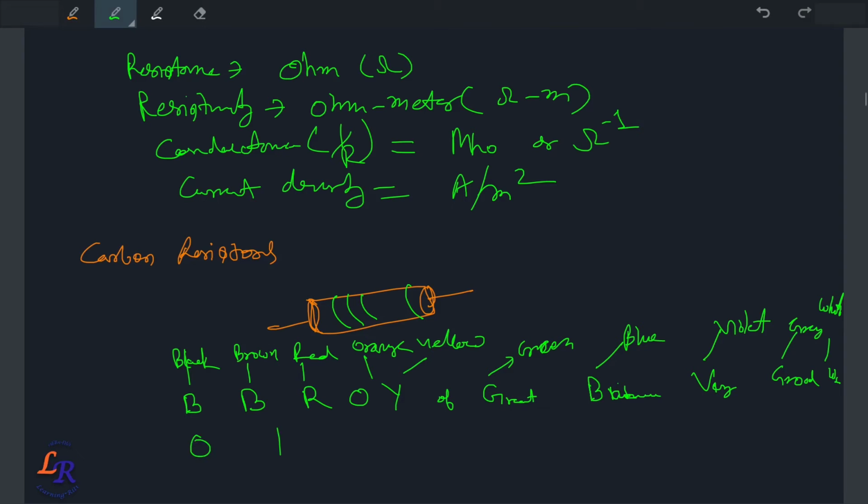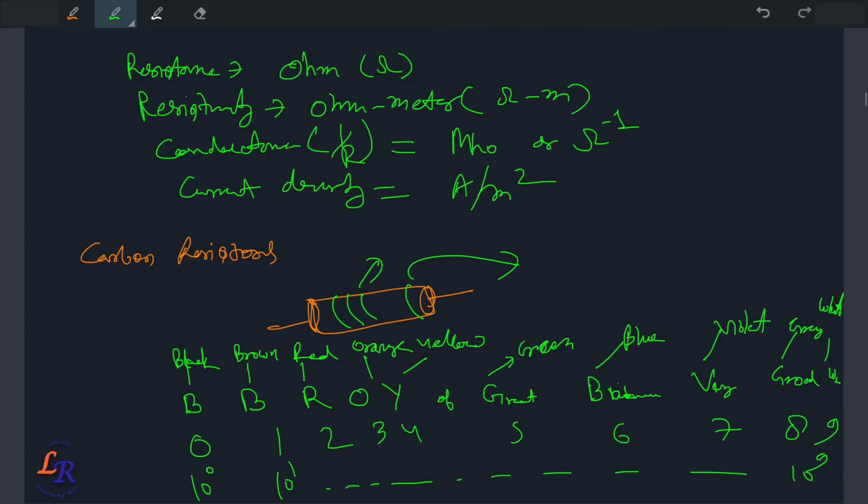And the numbering you can follow 0, 1, 2, 3, 4, 5, 6, 7, 8, 9, and for the case of the multiplier, it is 10 power 0, 10 power 1. Similarly, you can go up to 10 power 9, right? Also, we had this color, the tolerance color. If it is gold, then it was 5% tolerance. If it is silver, then it has 10% tolerance, and if it has no color, then it would mean 20%